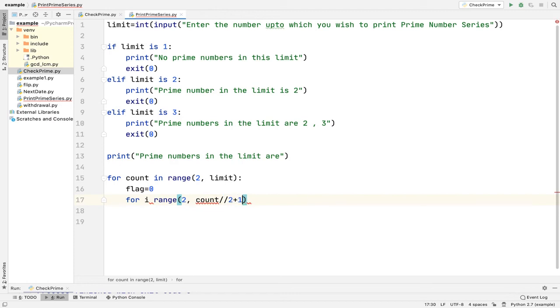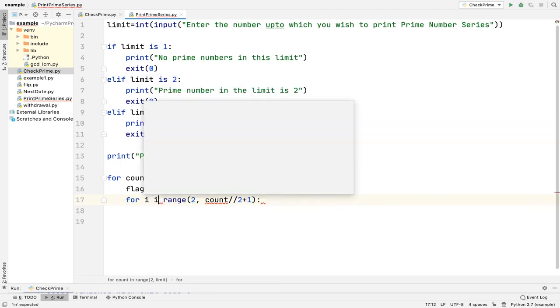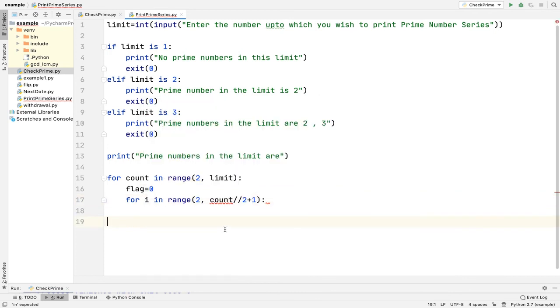Okay, so over here I am just replicating the logic which we have already done in our prime number program. Instead of 2 till n, my n has now become count. Now I am checking if count mod i is 0. In that case the number is not prime, so I am not going to print it is not prime, because our aim is to print the prime numbers, not to print whether it is prime or not.